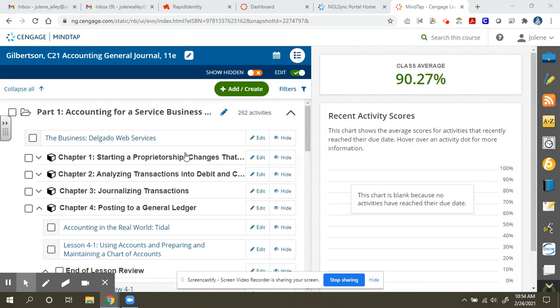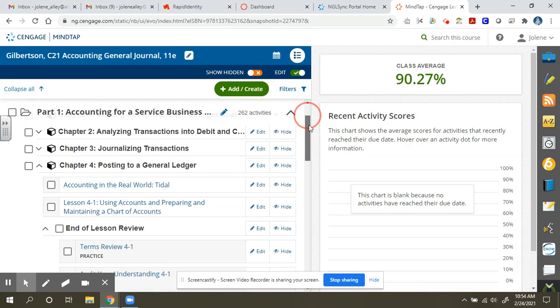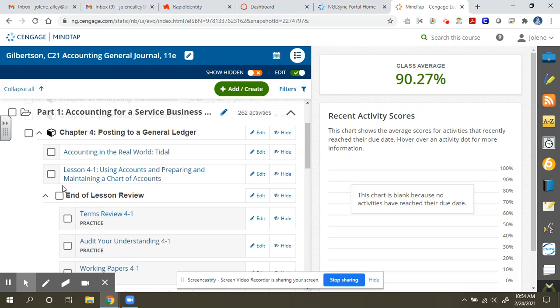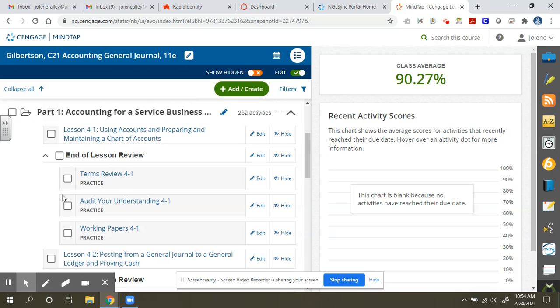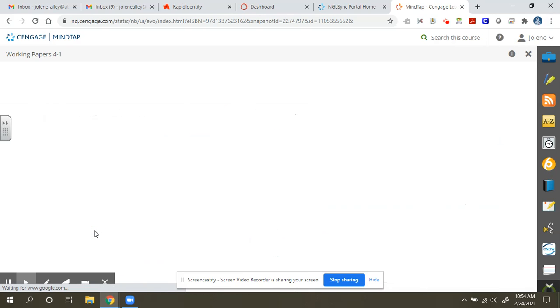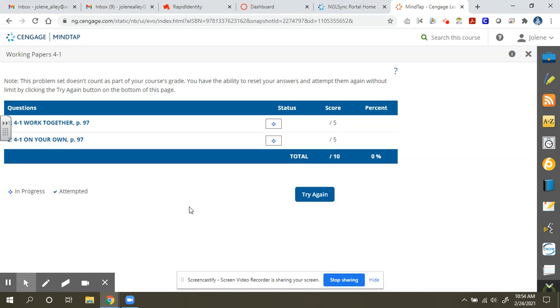You'll notice we're here in Chapter 4 of MindTap, and we're going to go to Lesson 4-1. Right under Lesson 4-1, open up the end of lesson review, and you will find terms. So if you want to go over the vocabulary, audit your understanding. But we're going to be doing working papers down here, and this opens up our work together